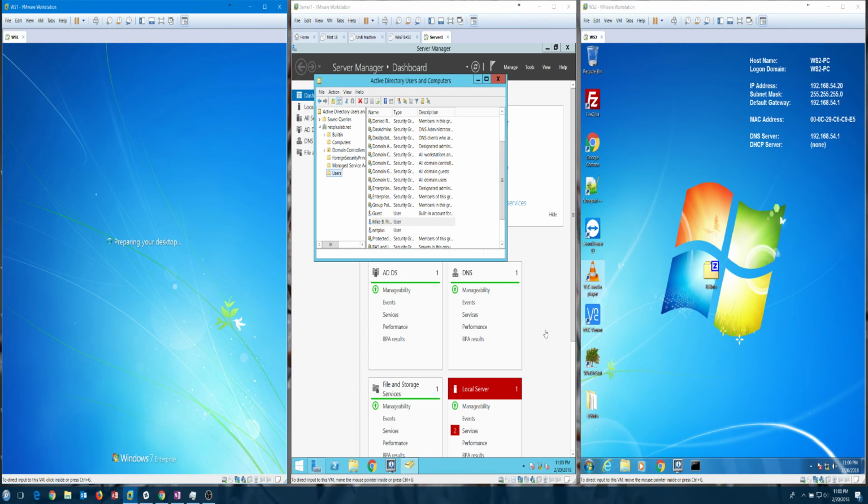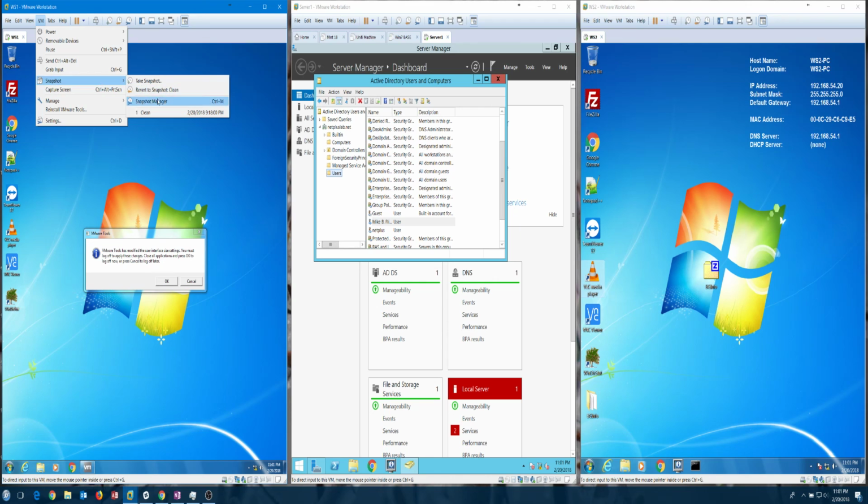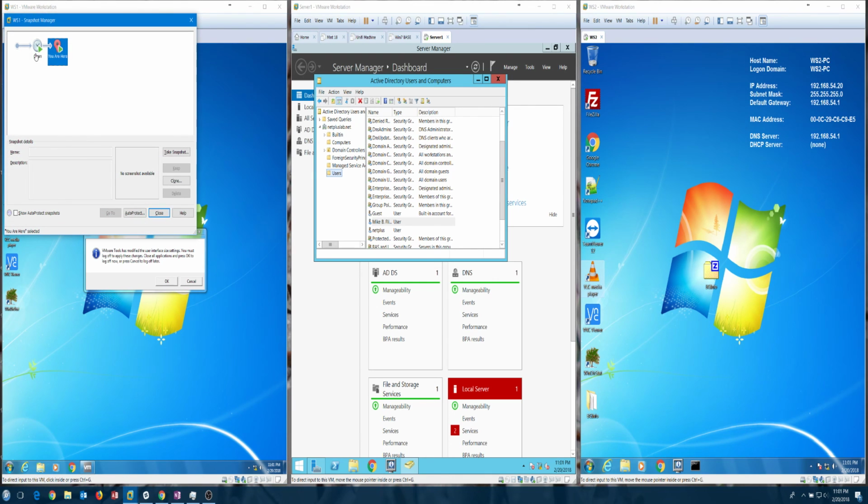All right, so hopefully this is showing some of the interaction that happens. One of the last things I want to do is go back. Let's say we got everything done. I want to show you the importance of using those snapshots. Remember, I just attached to the domain. Let's say that I messed that up, or I want to try it again. I can come up to my snapshot manager and say, you know what, roll back to that clean state, and I want to say go to,